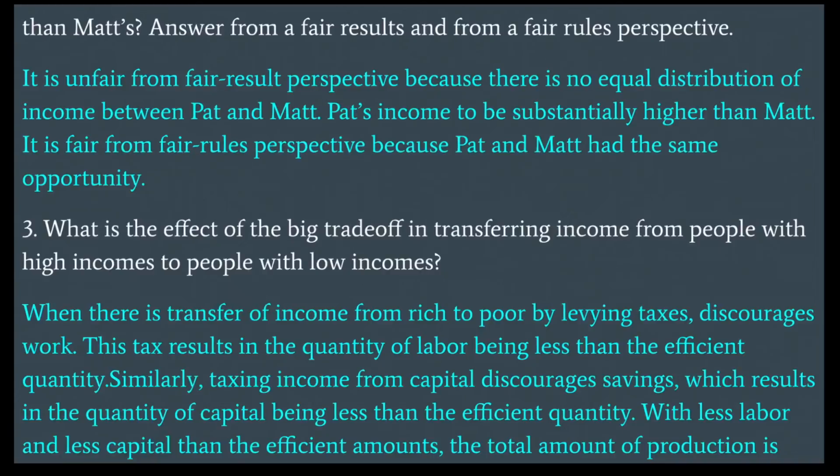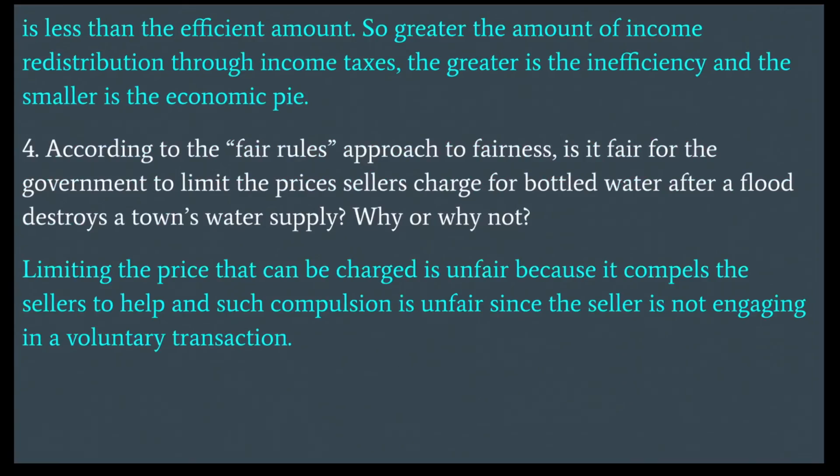With less labor and less capital than the efficient amounts, the total amount of production is less than the efficient amount. So, the greater the amount of income redistribution through income taxes, the greater is the inefficiency and the smaller is the economic pie. Fourth one, according to the fair rules approach to fairness, is it fair for the government to